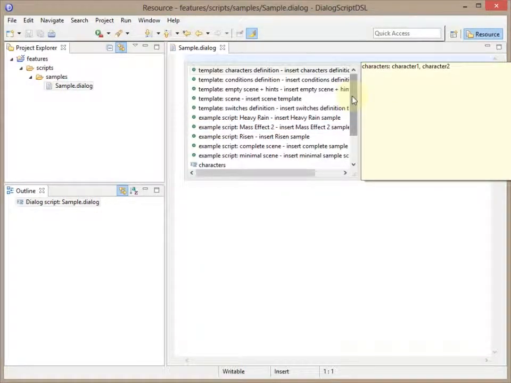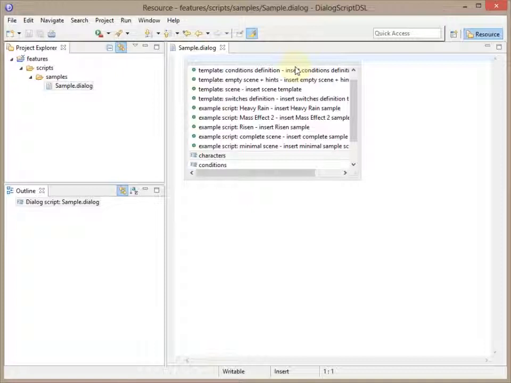Now a very nice feature of the content assist is that it filters the proposals depending on what you already typed. So when you're looking for the characters keyword, you might just type characters. Of course, you don't have to use this feature. The other option is to just use the arrow key or the mouse to go down there and select the